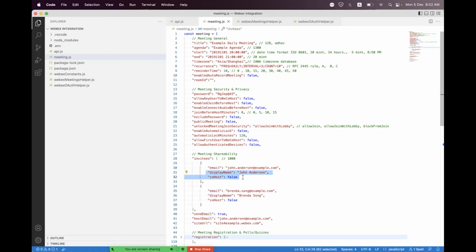Inside the email, you set the email of the person you want to join the meeting. For the display name, you have a limit of 128 characters. And if you have missed specifying the display name for the invitee, but you have set the email because that's a required field,